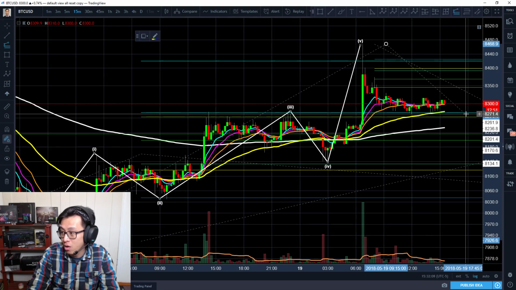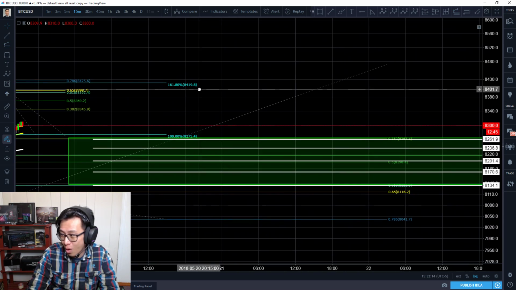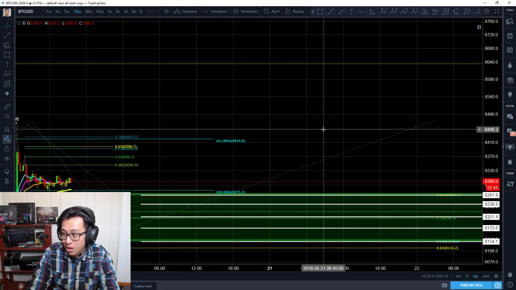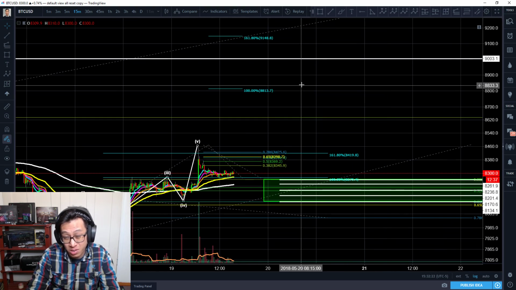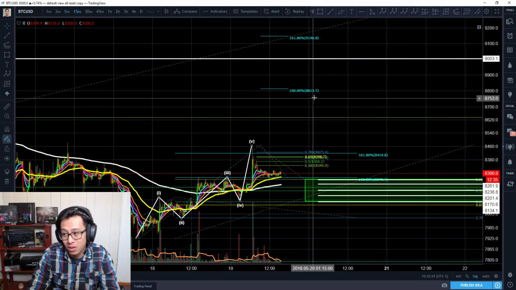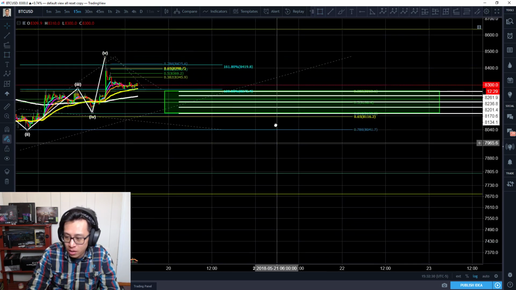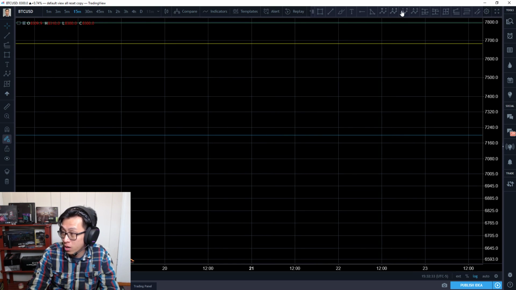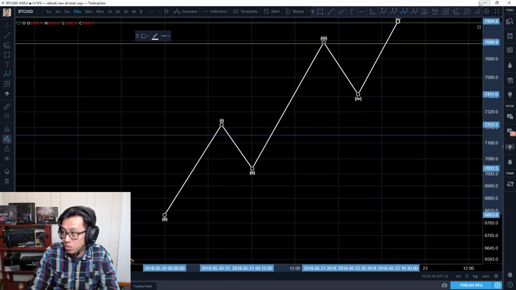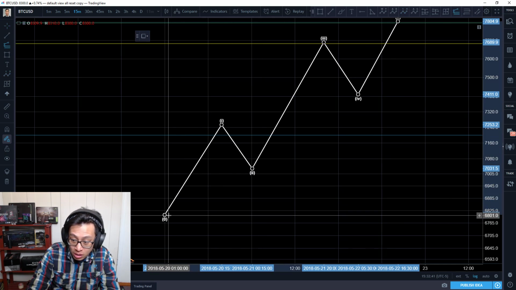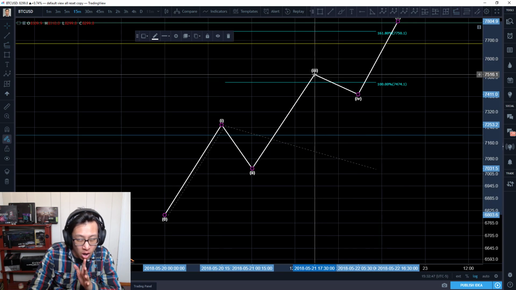Because if we look at here right now, we've almost hit the 382 level, or almost, right? Not quite yet. That's a 382 level, okay? So now what we're going to assume is bullishness where I honestly see 9K as, okay, we're going to shoot for minimum, okay? Because wave 3 is often the longest and never the shortest, right? So what we can generally assume, first of all, is that wave 3 right here will never be shorter than wave 1, okay? Because usually it's not shorter than wave 1.